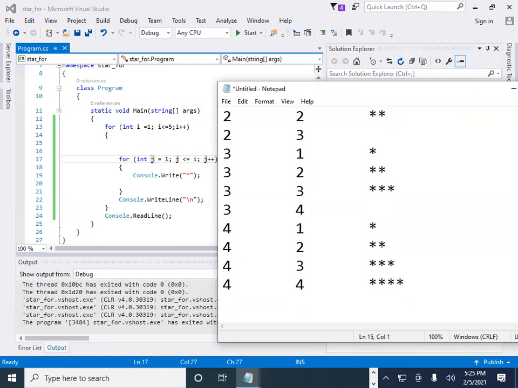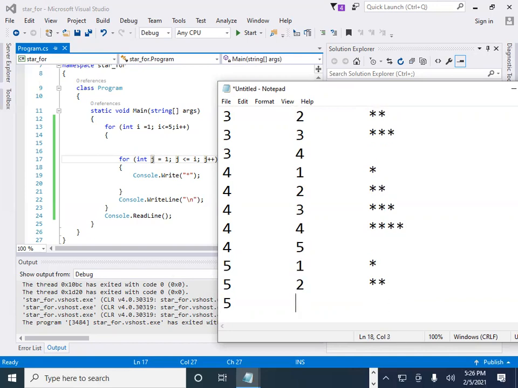And finally 4 and 5, it will not print anything. After that we start with 5, i's value becomes 5, so with j as 1 it will print 1 star. Then i's value is 5, j's value is 2, it will print 2 stars.